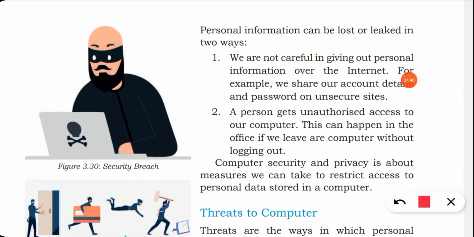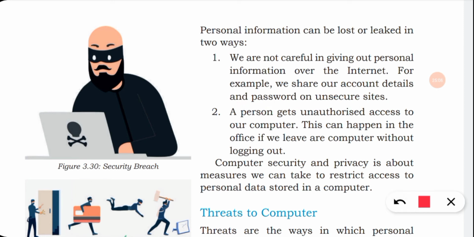Personal information can be lost or leaked in two ways. How can our personal information be leaked? First, we are not careful in giving out personal information over the internet. For example, we share our account details and passwords on unsecure sites.